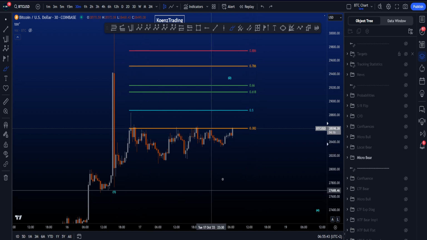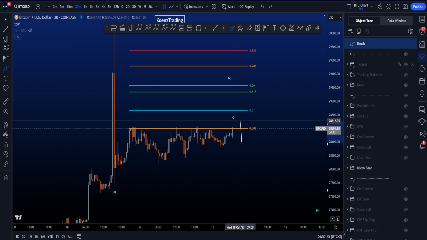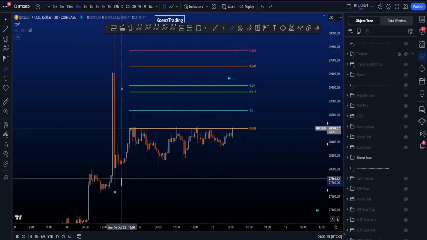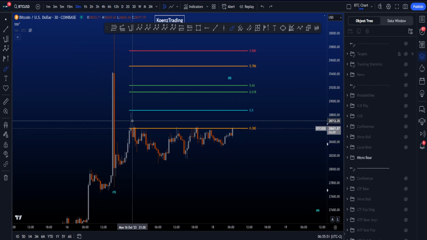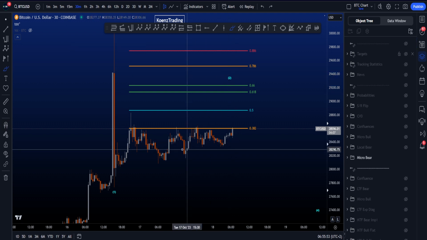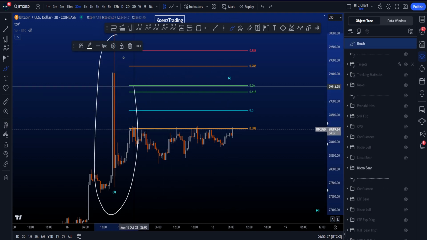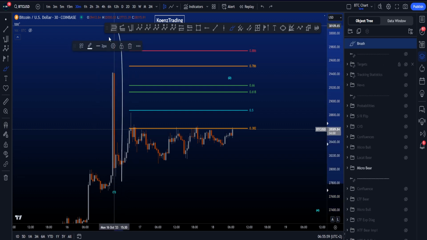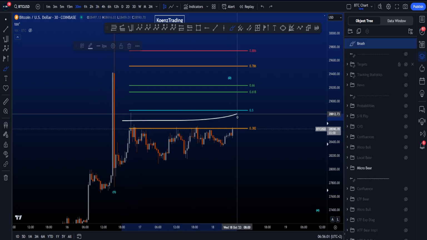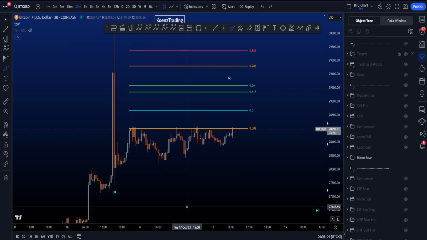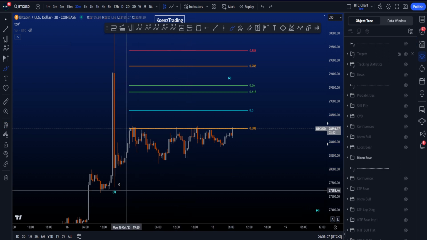Now in this scenario, what is very interesting is that this wave 2 is incredibly long in time compared to this wave 1 over here. Most commonly, a wave 2 will end between the 0.382 and the 1.618 fib time taken from wave 1. But as you can see, this wave 1 is just one 30-minute candle, and then you have this enormous wave 2, which really lowers the probabilities of this particular scenario